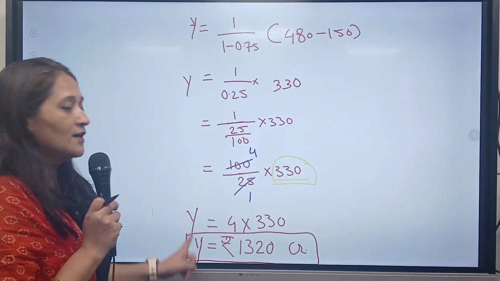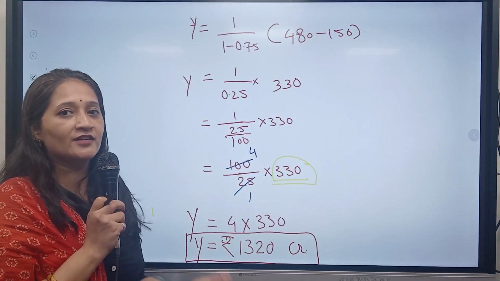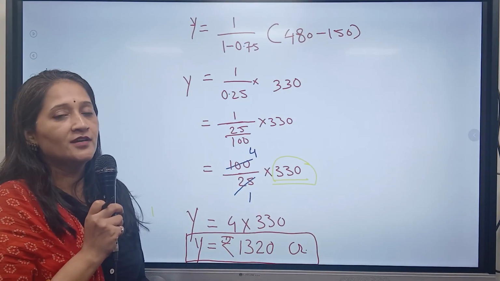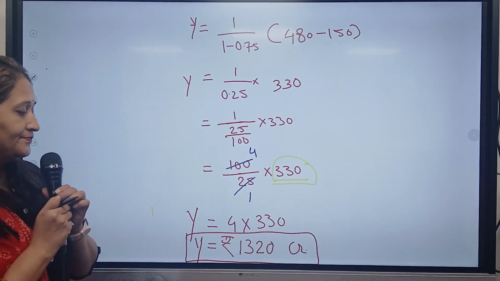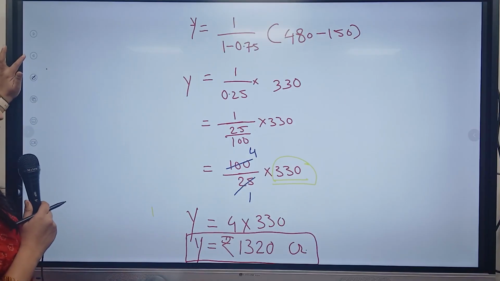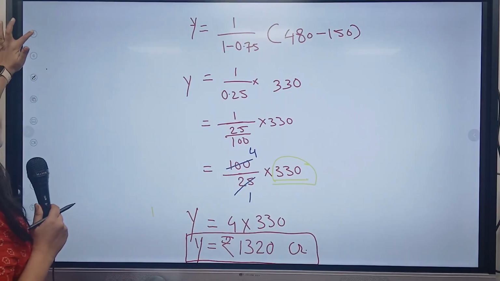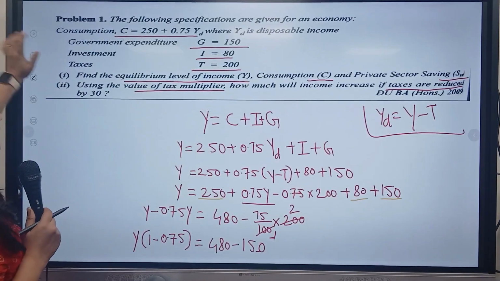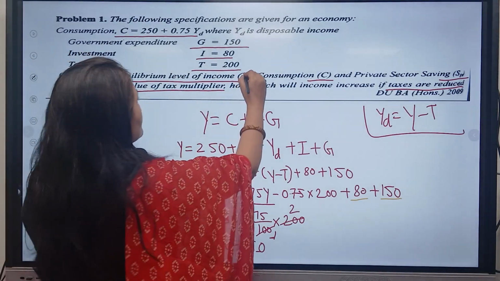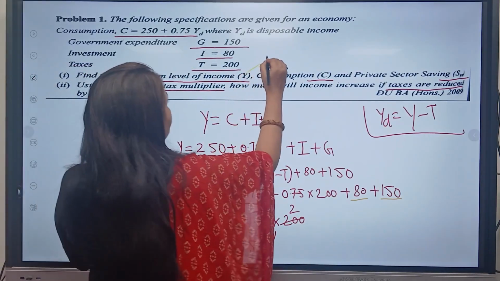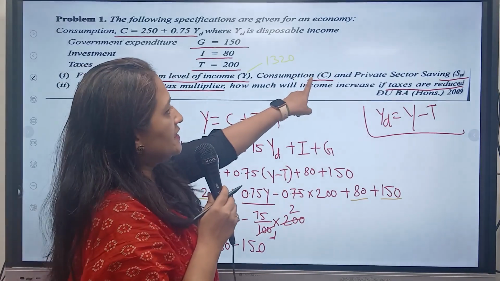I hope this is clear to you all. This is how the multiplier can play a miracle. By just having more activities in a country, there will be a multiple effect on its national income. Okay, so note down this. Now let's remember this figure, as we are going to use this answer in our case study. We are done with the equilibrium level of income. Our equilibrium level of income is now 1,320 crore rupees. Now let's find out C and S.